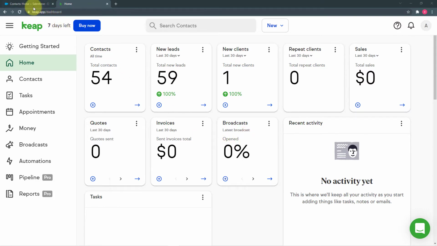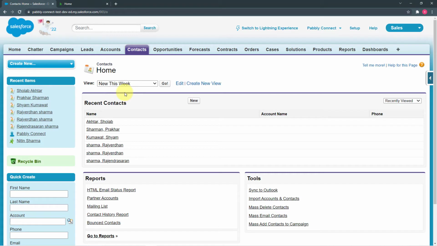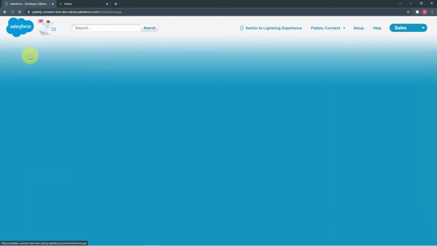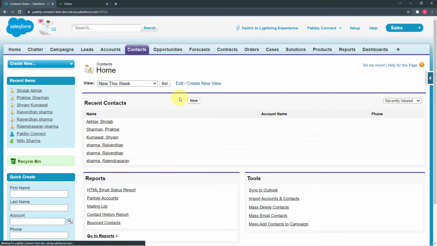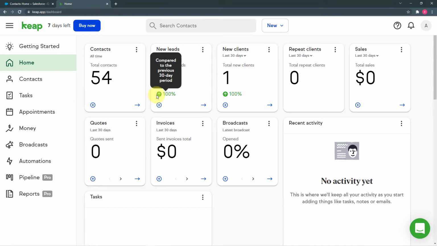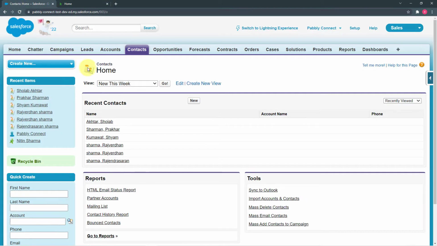And let me show you, this is the Salesforce CRM. This is also a CRM application and it allows you to run campaigns for communication, and it allows you to create contacts here as well. You can see this contacts list, and here your marketing team, your sales team and your IT team can work together in this application, and you can manage your customers very well here. So we want to use the features of both Keap CRM and Salesforce CRM together.